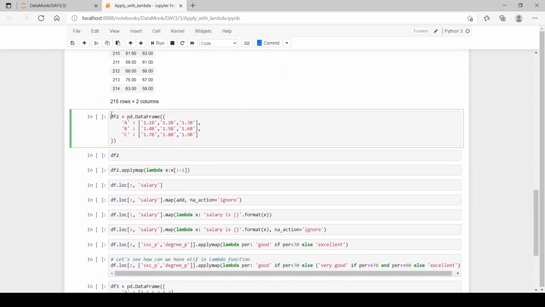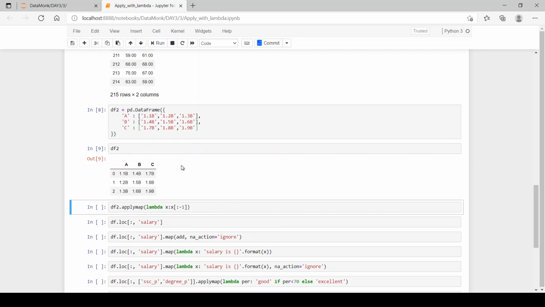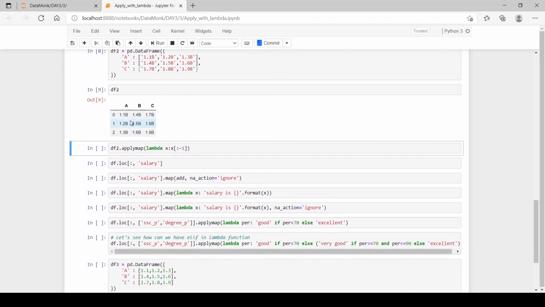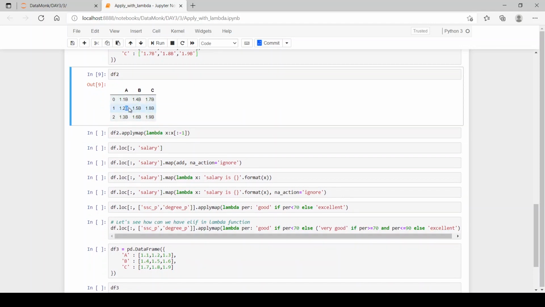Now let's create another data frame, df2, using the pandas function pd.DataFrame with a, b, c as column names and their values. Now let's see our df2. So we have 1.1b to 1.9b. If you want only the float values without the b in it, then we can use .applymap and then a lambda function in it, so that each and every element has the function applied on it.